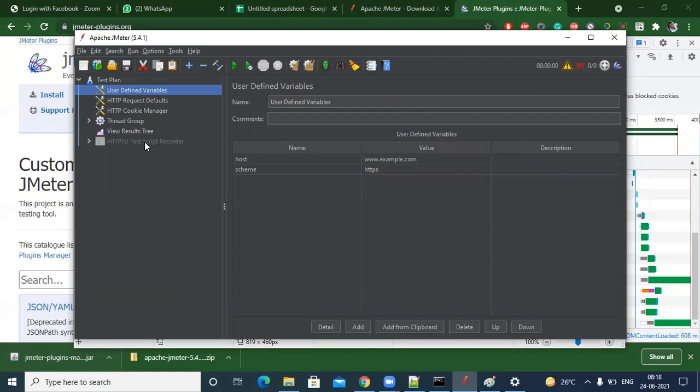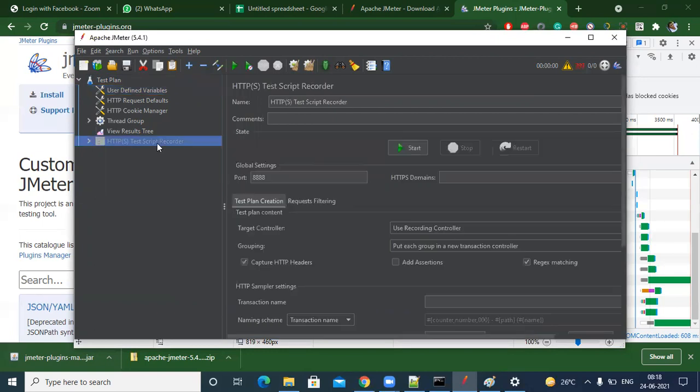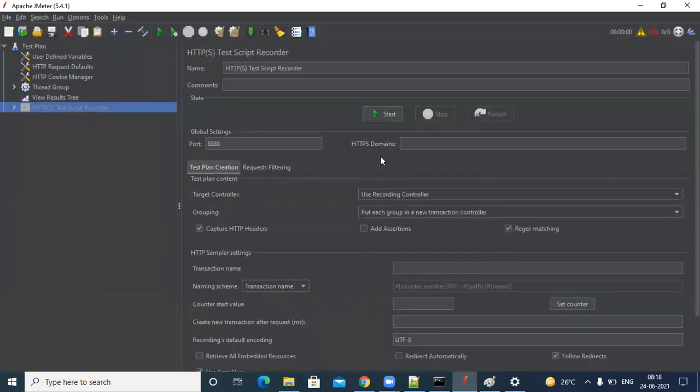Just click on the recorder component, and you will see these options. This will act as a server, so you want to click on start. This is the record server start. You will see a port number here, which means it will run on a particular port. Any application, any server, should be running on a port. You can give any 4-digit to 5-digit port number which should be free, meaning no other application is using that port. So let's give 5555, any port whatever you want.